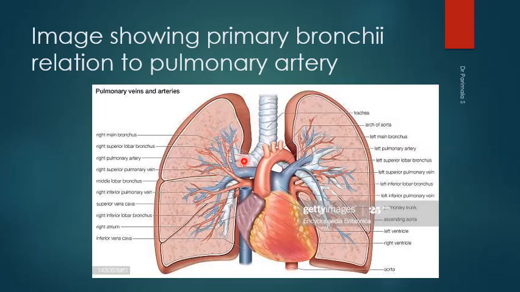Then this lobar branch again divides into the tertiary. This is called the secondary. The lobar is called the secondary bronchus. So this again divides into the tertiary bronchi, and the segment of the lung which is supplied by one tertiary bronchus is called a bronchopulmonary segment. And this is an independent respiratory district, we can say. It is independent, and these segments are separated from each other by intersegmental areolar septa. So that we will see in the next slide.